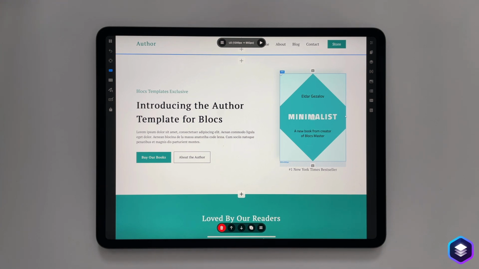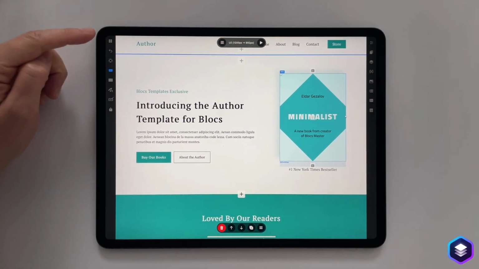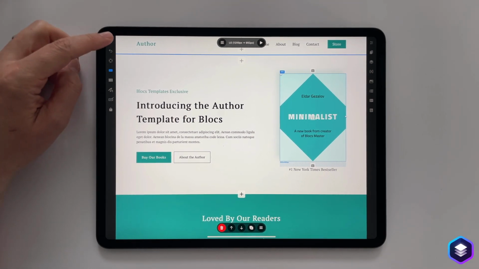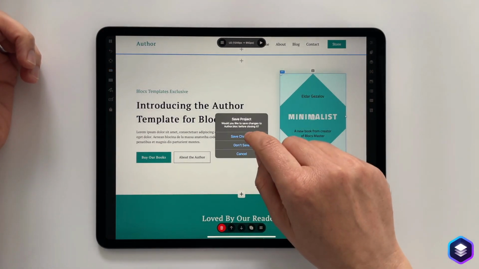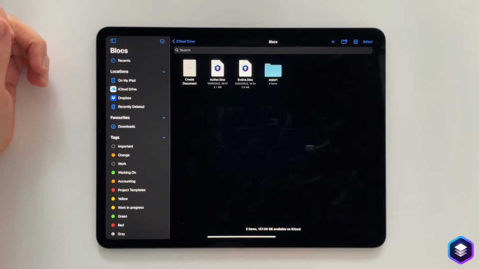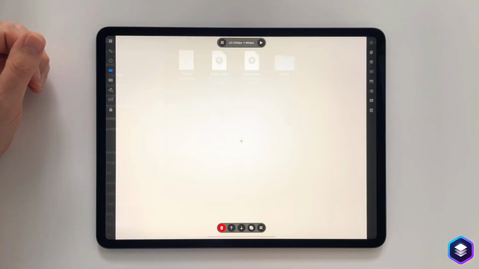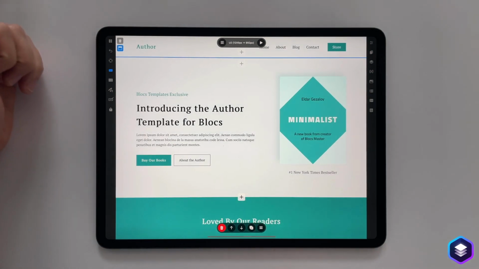Okay, so let's talk about the left side that we have here. So the first option, this little grid, is going to take us back, I don't want to save those changes, to the project selection. The second option down is an undo button.